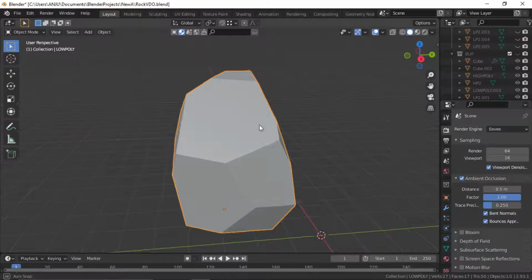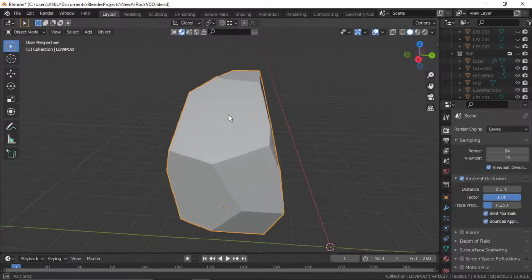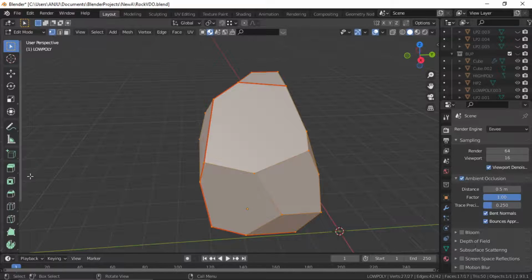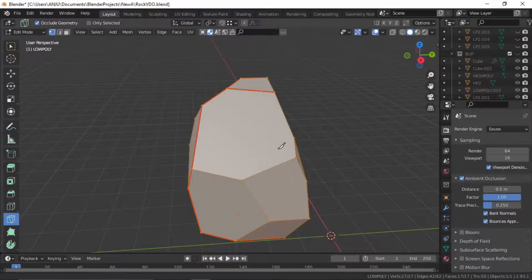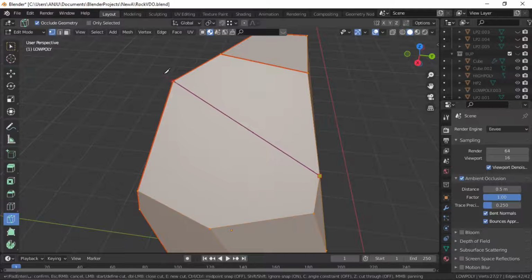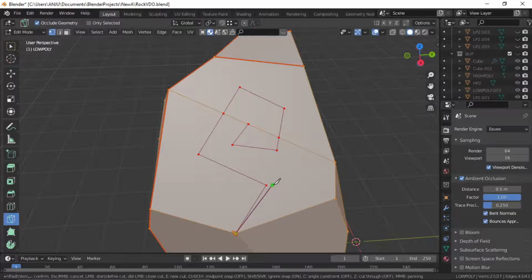Alright, so now to add a bit of stylized glow, I'll just add a cut on this face. So just go to edit mode and I'll use the knife tool for it. So just divide this face into two so that we get a starting point. So I'll start from here and just create the shape like this, and